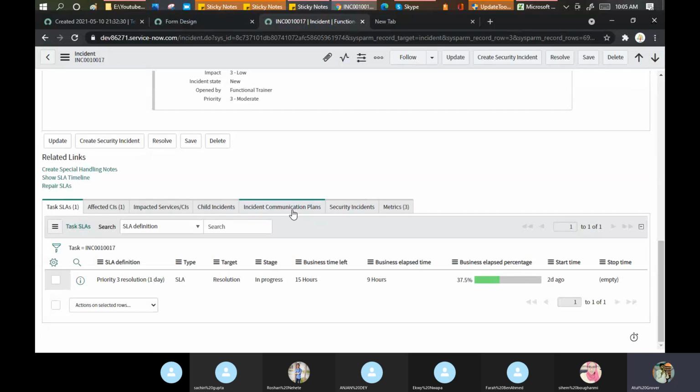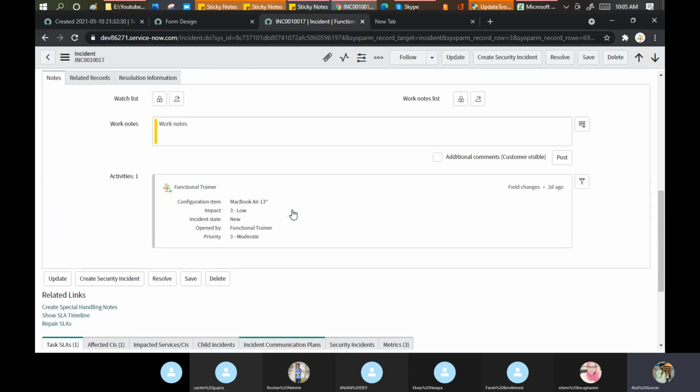One is called the references and one is called the declaration. These two areas are basically core areas which support the things you mention on top. In the declaration it is mentioned, I, my name Farah or Ikwi or Atul, hereby confirm that all the provided information is true at my end. In case any mismatch happens, I will be responsible for the same.